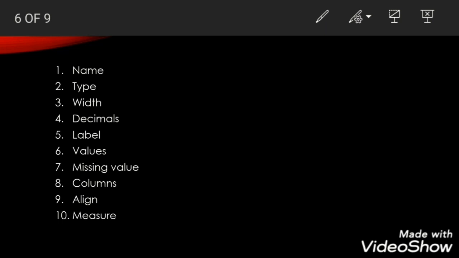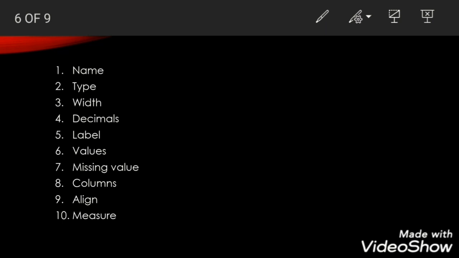Then the next one is missing value. It specifies the missing value in a data set. While collecting data, some of the respondents might not have filled up some of the questions. So, the user might not have entries for every case on every variable in the data set. Such missing entries are marked by SPSS in the data editor by a full stop. This is called system missing values.